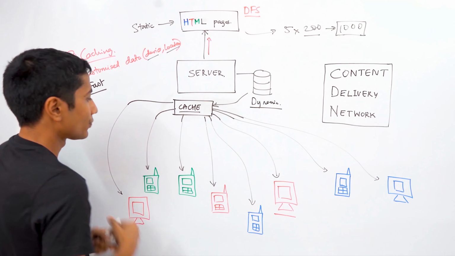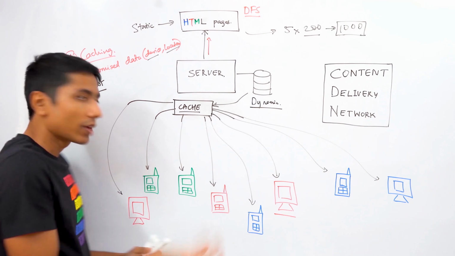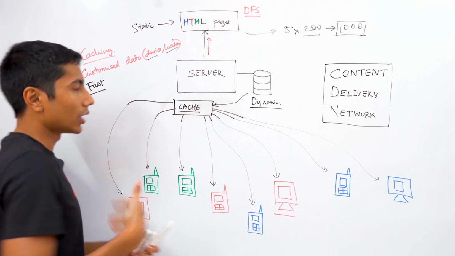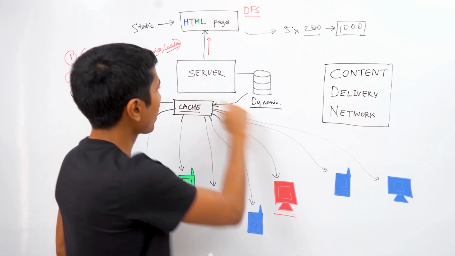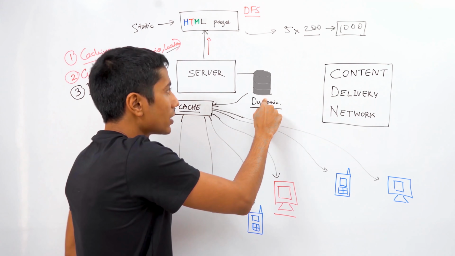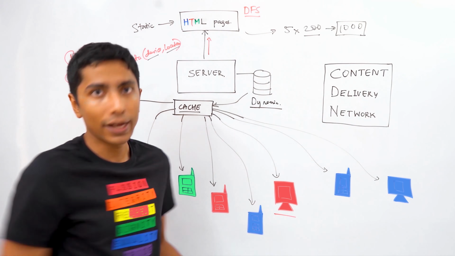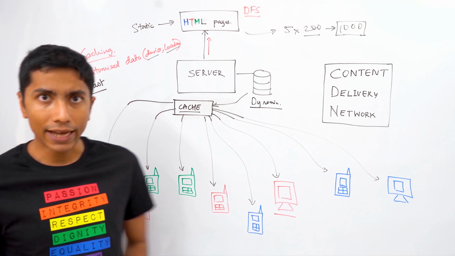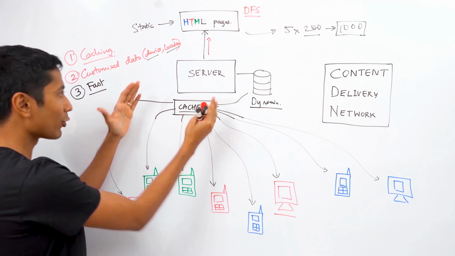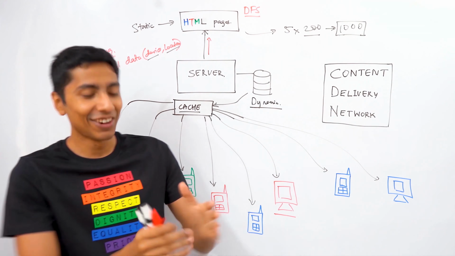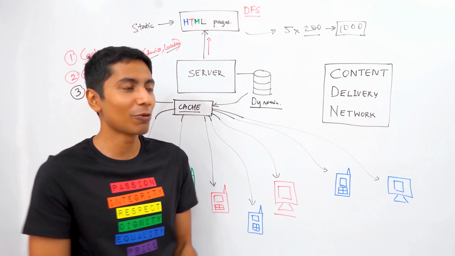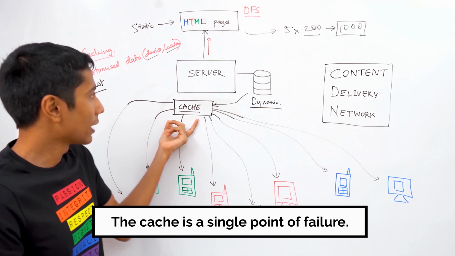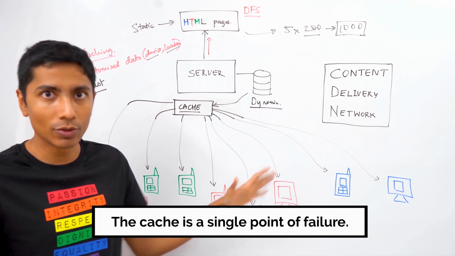So all the requests for getting an HTML page or for getting static content are now being redirected to this cache, and all the other more interesting requests are being sent directly to the server, which then consults the database to get relevant information and send it back. Okay. What is one possible problem with this cache? Whenever you see this kind of bottleneck in a system, the first thing that should probably strike you is that this is a single point of failure. If this crashes, everything crashes, the whole system collapses.